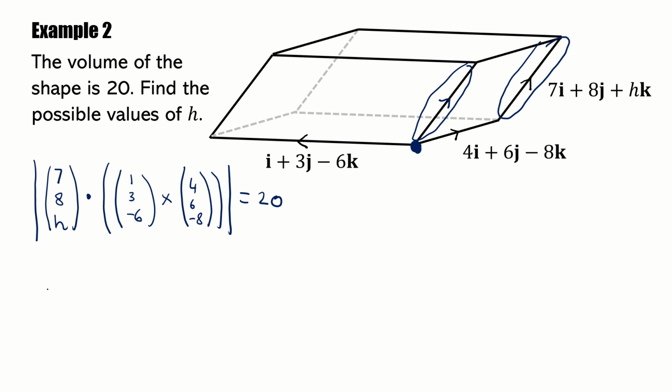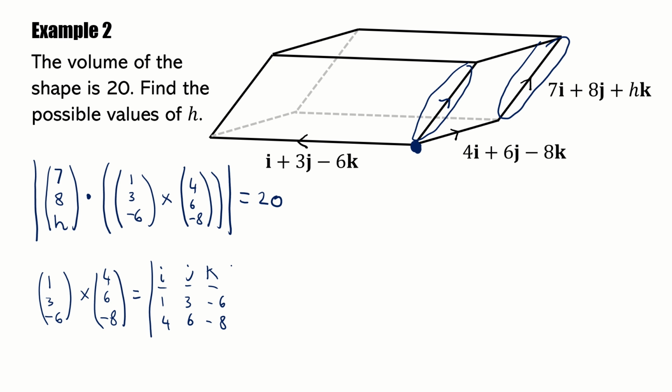Starting off by working out the cross product, we can do (1, 3, -6) cross product with (4, 6, -8). And therefore, that is ijk, technically underlined, 1, 3, -6, 4, 6, -8. We've just got to calculate that as a determinant. And if you do that, you'll get 12, -16, and -6. Nice. This is just a vector at this stage. So therefore, we can now do